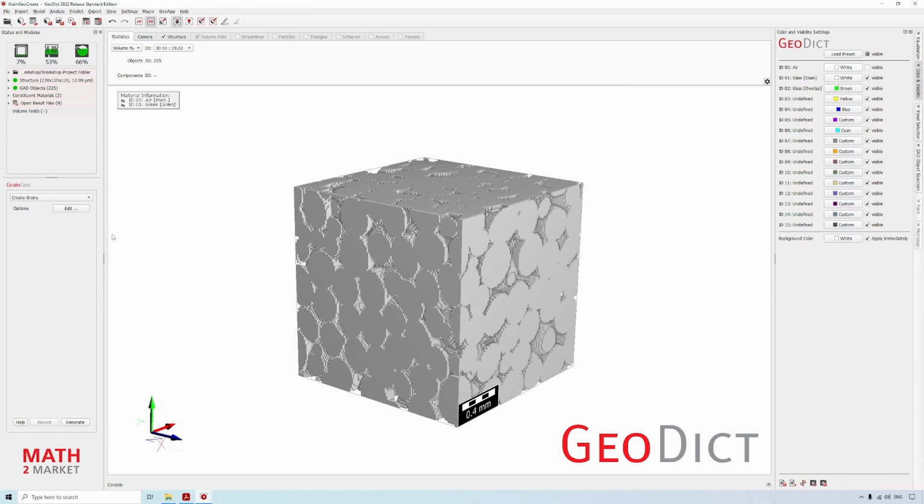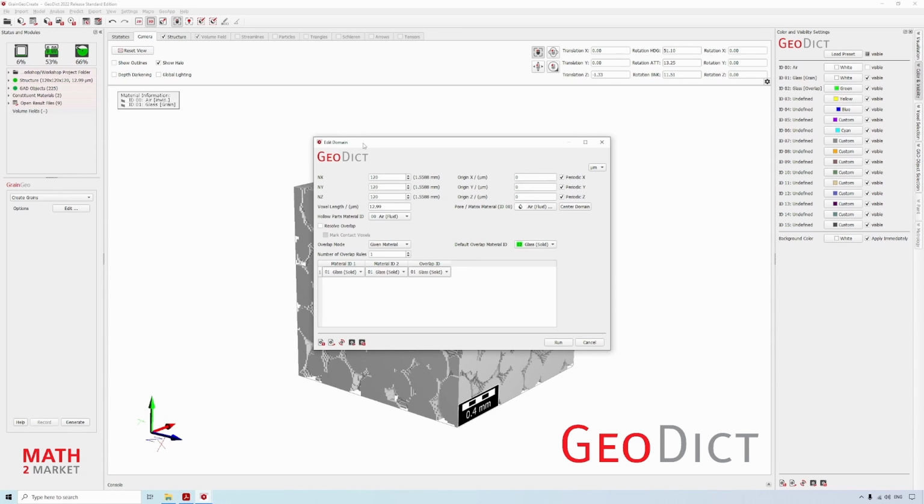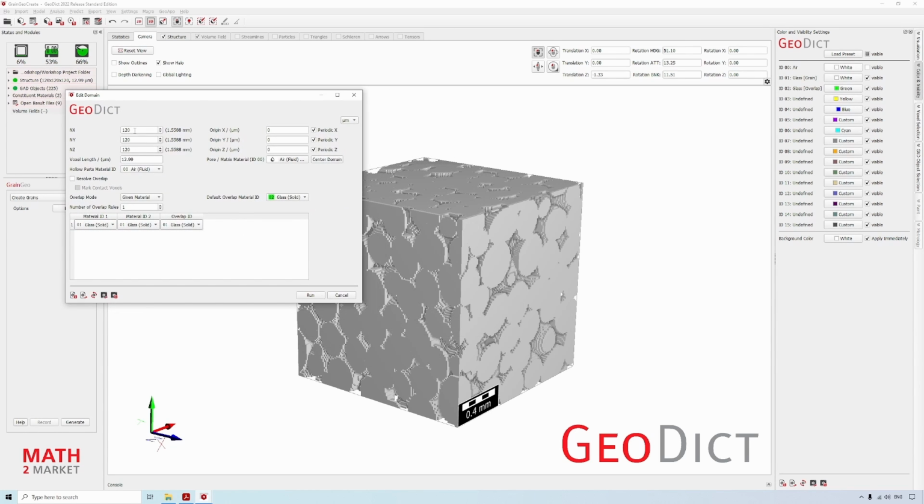Now the next step is that we check the camera. We can again disable and enable the halo. The next step is that we right click on Get Objects and select Edit Domain. Now we will resample the domain. Since all those spheres are given as analytic objects, they are described by a center point and a radius. And for an ellipsoid, a center point and 3 diameters. Nothing else.